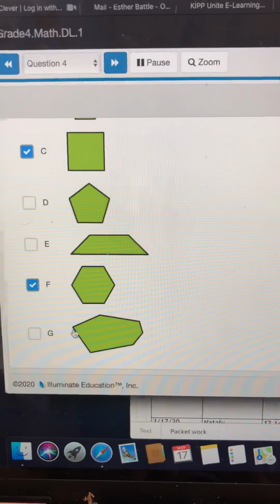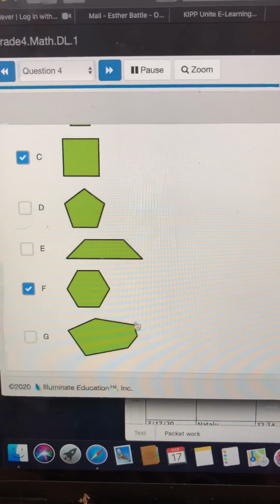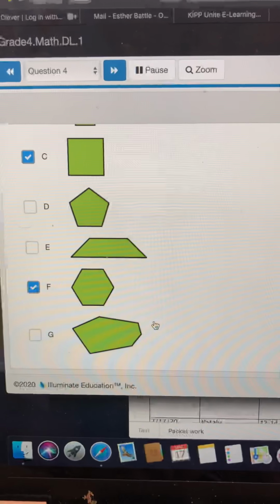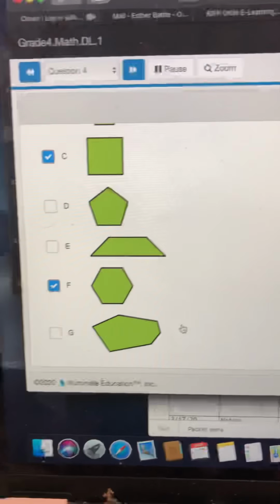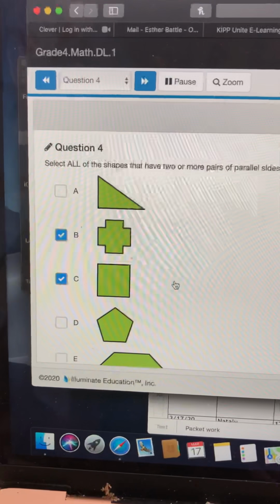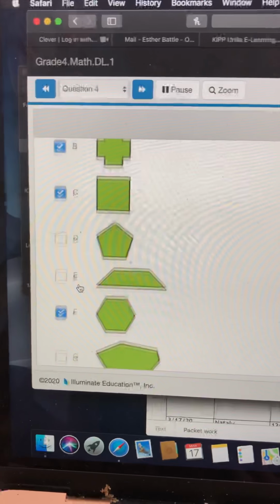Same thing here. This line over here and this line up here is slanted differently, and these two are definitely going to touch if they keep going. So G has no parallel lines. So what you should have gotten for number 4 is B, C, and